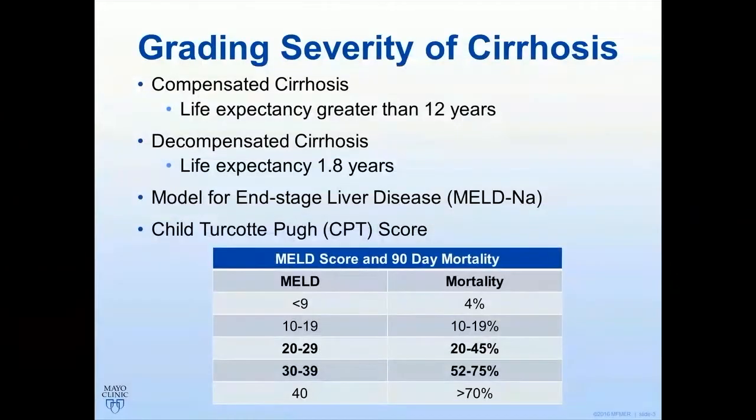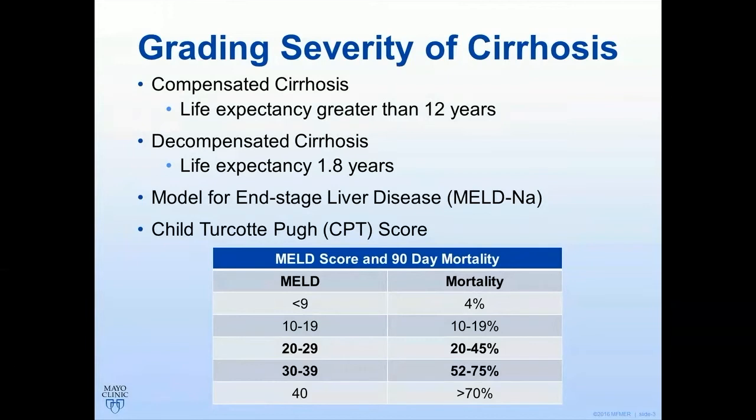So we grade the severity of cirrhosis in multiple different ways. There is a dichotomous grading system, which really we look at whether there are any complications related to cirrhosis. So if there are no clinically apparent complications, we call that compensated cirrhosis. And if we do note complicating events such as ascites or development of varices, which we'll talk about later,